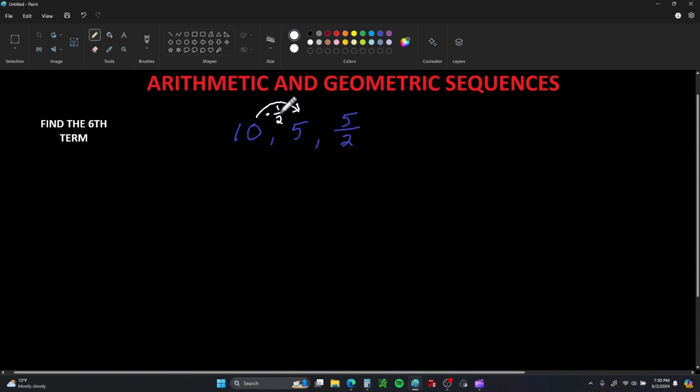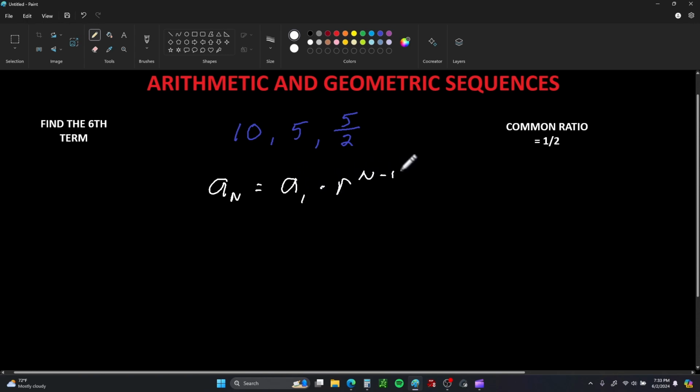We don't say division for a geometric sequence. I'm not dividing. What you're doing is multiplying by the reciprocal. So to go from here to this, I'm also multiplying times 1/2, and 5 over 1 times 1/2 is 5 over 2. So our common ratio is 1/2. So we go to our formula, which is going to have the repeated multiplication. The nth term of our sequence will be equal to the first term times the common ratio raised to the